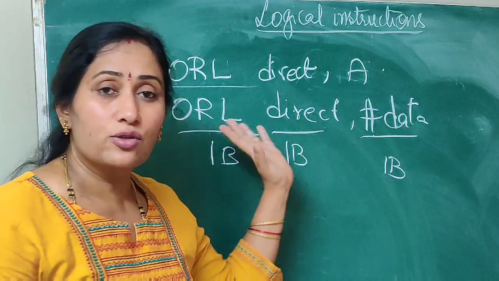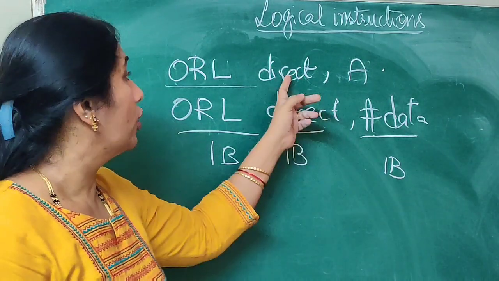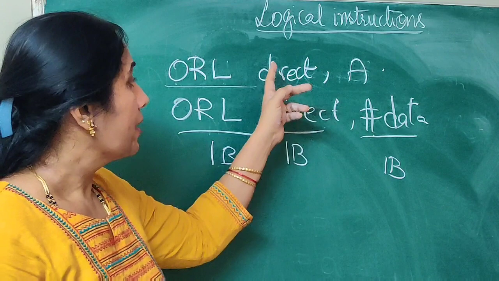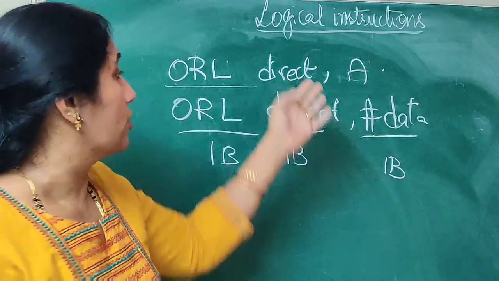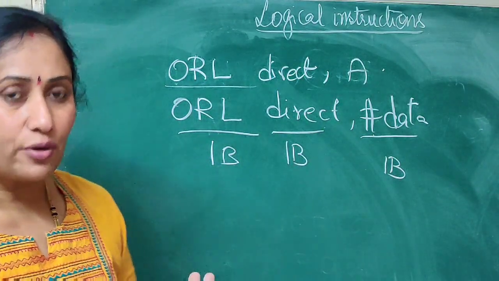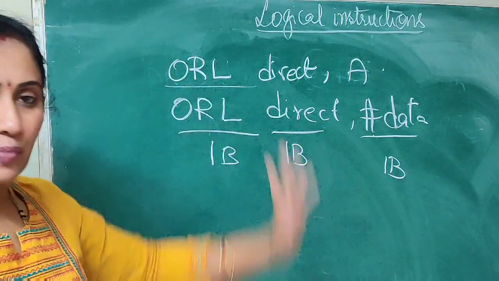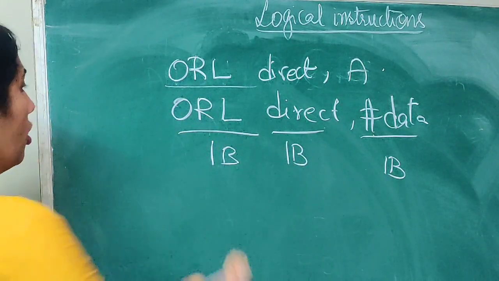Accumulator, nothing is going to be loaded or taken up, so none of the flags are going to get affected. Here also, after the execution, the content of the accumulator is not going to get changed. What is getting changed? The contents of the memory location. So none of the flags are going to get affected in this particular instruction. Now this is going to be the OR operation.